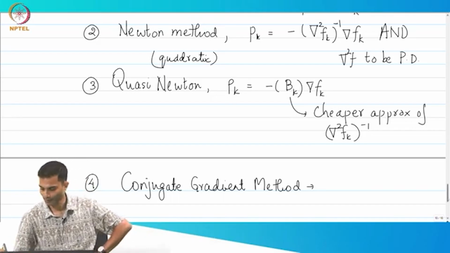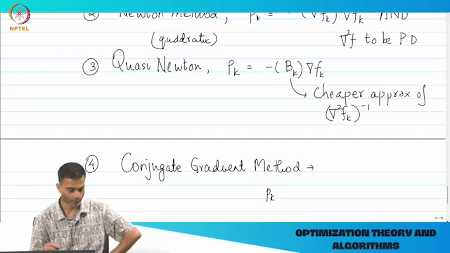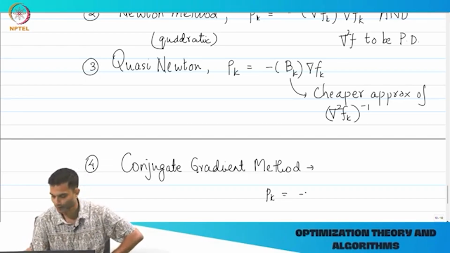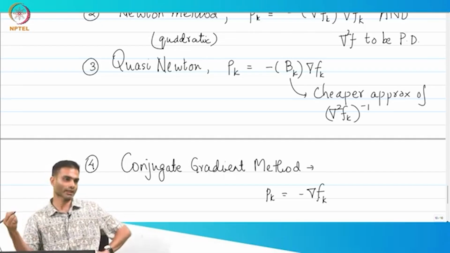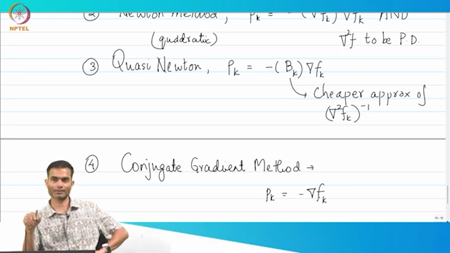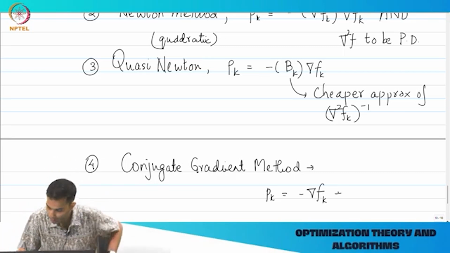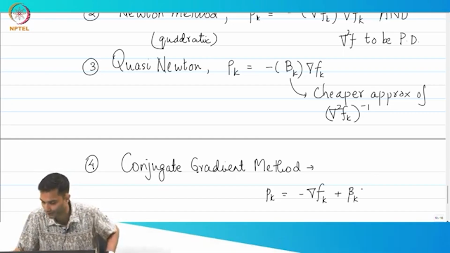Here the cleverness comes from how I choose my pk. The pk, if I just wrote this as this negative gradient, it becomes gradient descent. What is clever is that it doesn't take just this, it modifies it from the previous direction it had been in. So it writes it as a linear combination of the negative gradient and